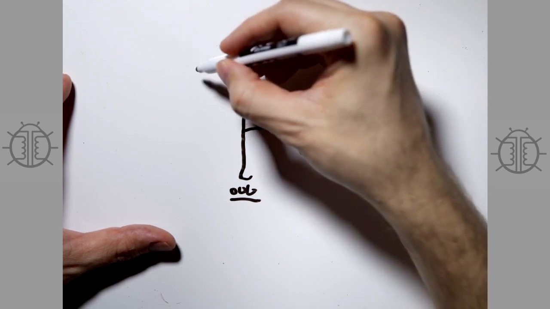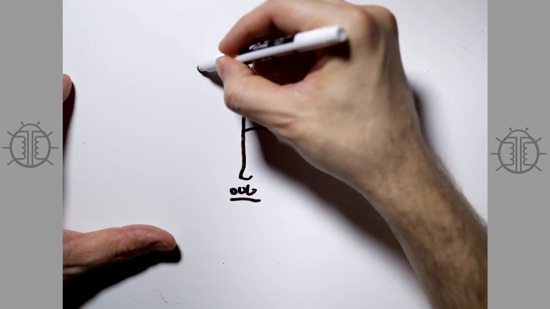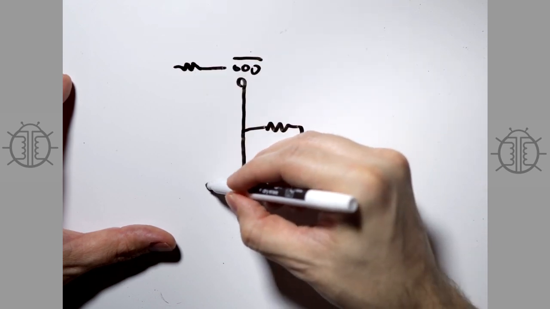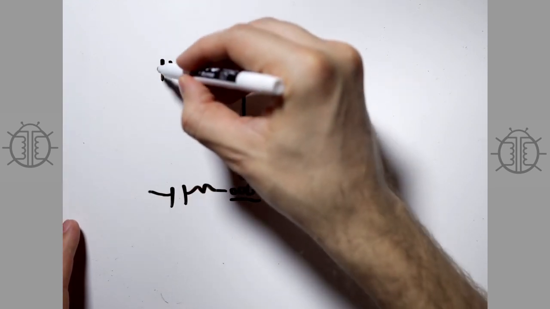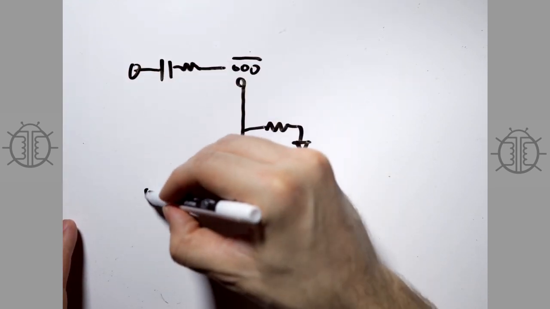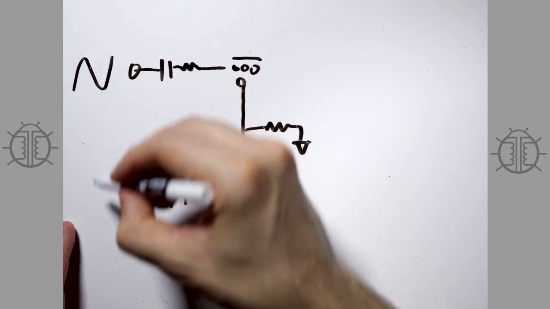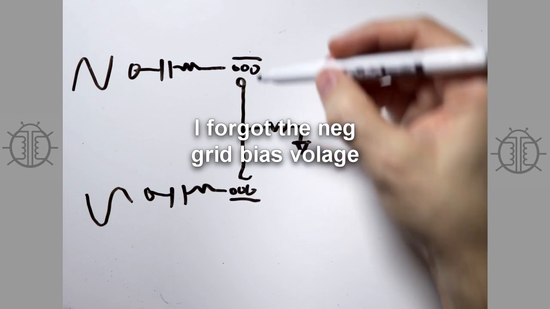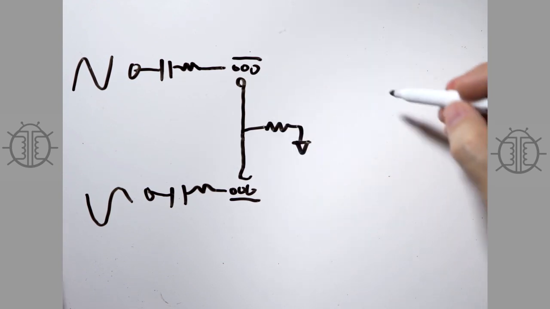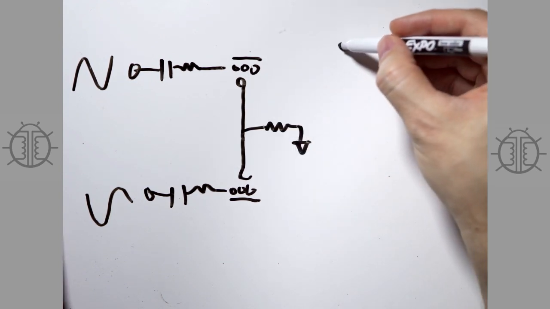And so you're going to have your grid stopper here, like this. And here is your previous stage from your phase splitter. And so this one looks like this, and this one looks like that, right? They're out of phase. And it's coming in here,